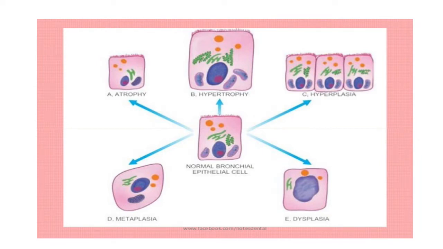Endoplasmic reticulum, ribosomes, so now some of them have even diminished. Some of the organelles have diminished, meaning that if this was performing a specific function, because this one has inadequate of these organelles, the function of this was going to change. Do you get it? So when the structural morphology of a cell changes, we term it as what? Dysplasia. So in adaptation, we have atrophy, hypertrophy, hyperplasia, metaplasia, and dysplasia.